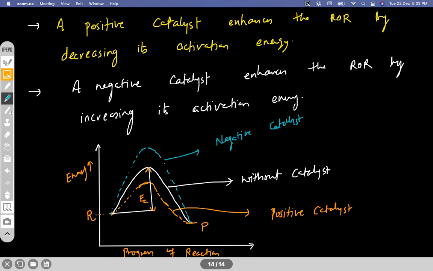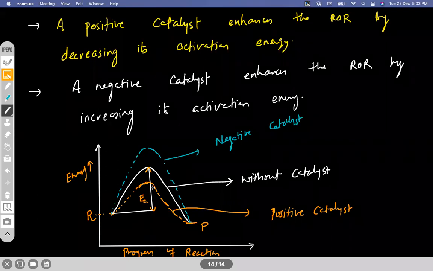You can also think of this as the barrier we have. You need to jump this barrier in order to form the product, right? So if the height of this barrier is more, it will be difficult to cross this, right? Same thing we have over here. The more this height, the slower will be the rate of reaction. Correct? That's why if activation energy increases, the reaction rate goes down. If it decreases, the reaction rate also increases.